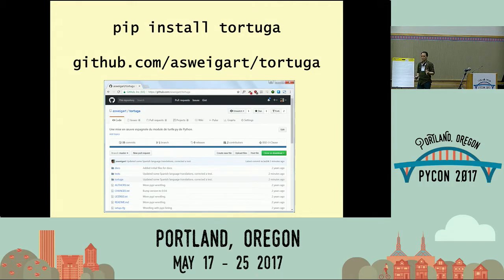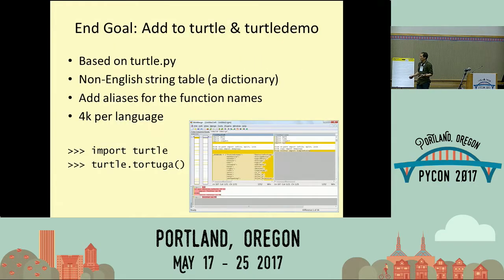I mean, the great thing about IDLE is that it comes with Python. There's zero configuration and setup that you have to do. It would be really great if you didn't have to go to PyPI to install this module on all 30 laptops in your classroom, but rather if this was actually just part of Python. So that's the end goal for Tortuga.py, to actually get it in shape so that it can be added to the Python standard library as a part of turtle.